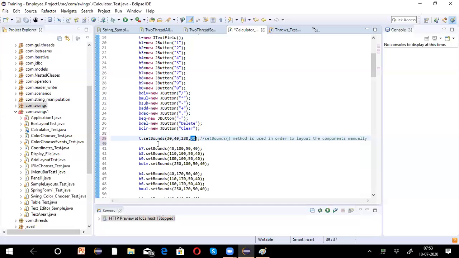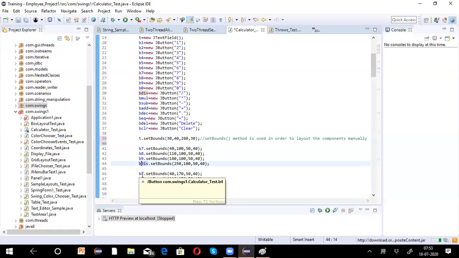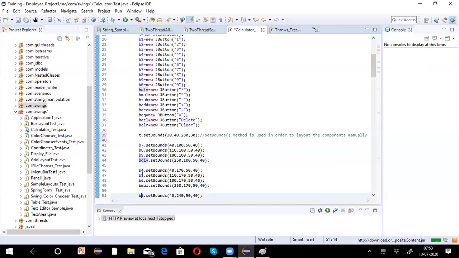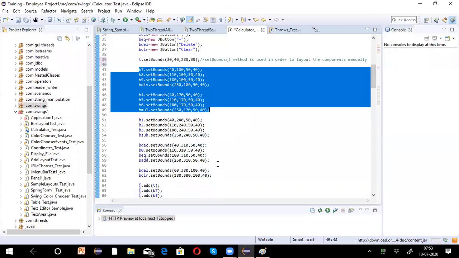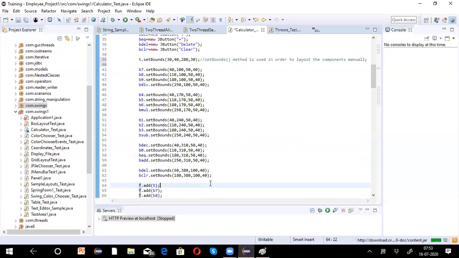So it places this particular text box in this particular XY coordinate location, same as with button 7, button 8, button 9. So all these components, if you see, physically, we are placing the components manually. We are using set bounds method.